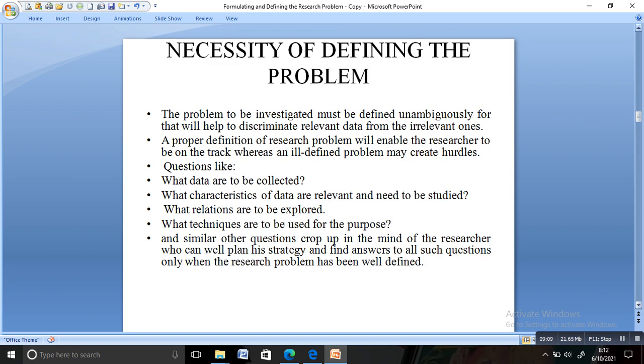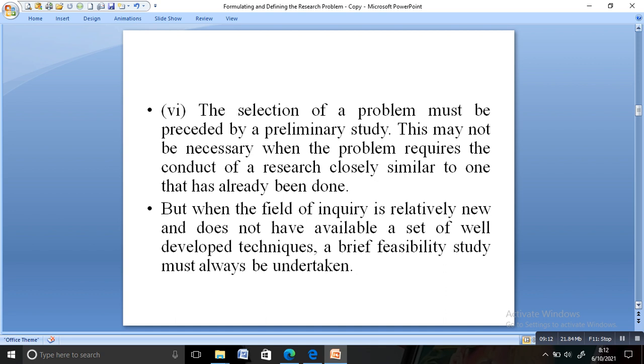A preliminary study is not needed if closely related studies have already been done. The selection of a problem needs a preliminary study when similar studies have not already been conducted. If similar studies have not been conducted, you should do a preliminary study and proceed with your study. So what are the things you should see while selecting a problem? Can you list them out? So while selecting a